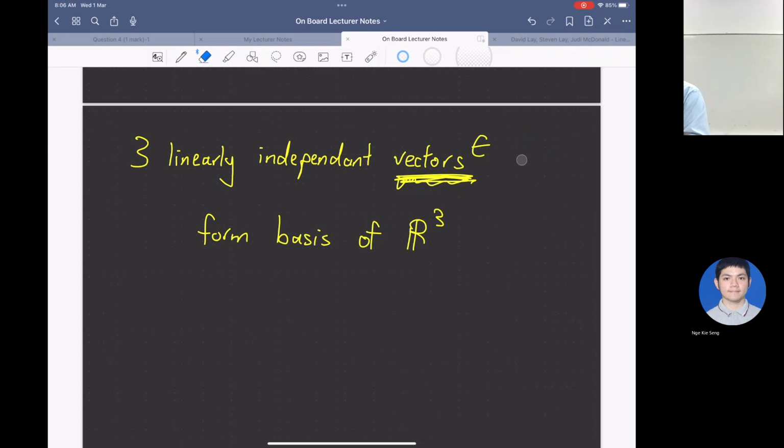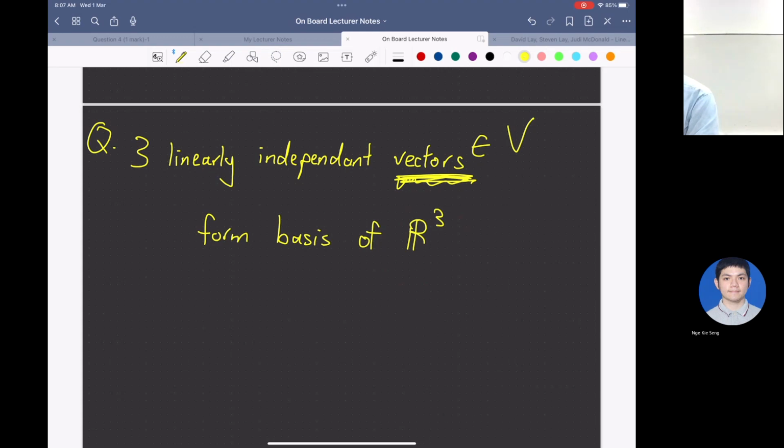Okay. You want to fix R3 here. So the question is, if you have three linearly independent vectors in an arbitrary vector space V,